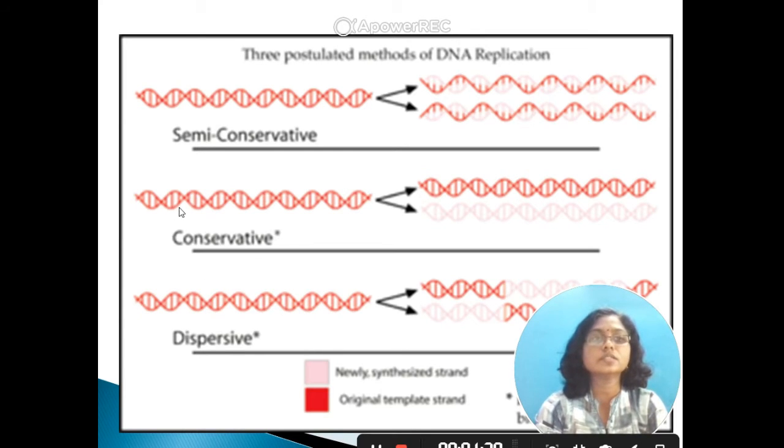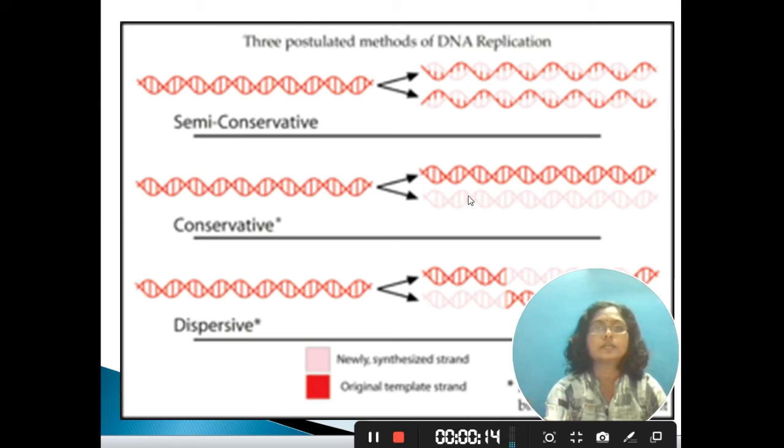However, in conservative mode of replication, usually both the DNA strands from the parent undergo unwinding and synthesis of new daughter strands. However, during the segregation into two daughter cells, the DNA strands from the parent cell again rejoin and are followed into a single daughter cell, whereas the newly synthesized strands rejoin together and are segregated in the other daughter cell.